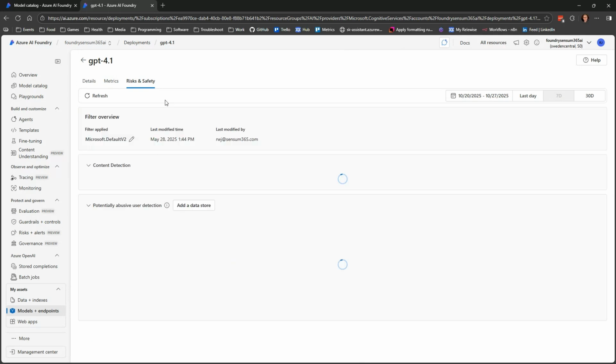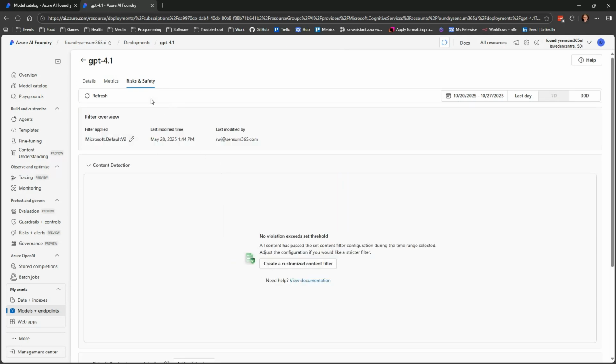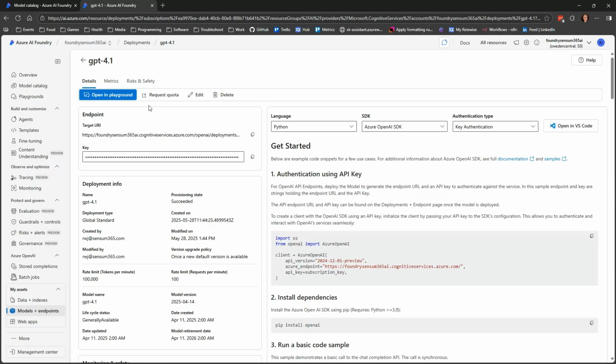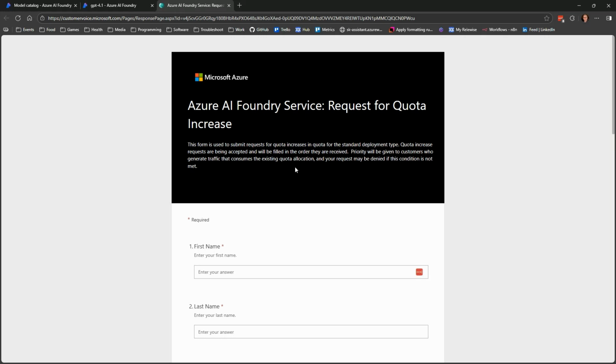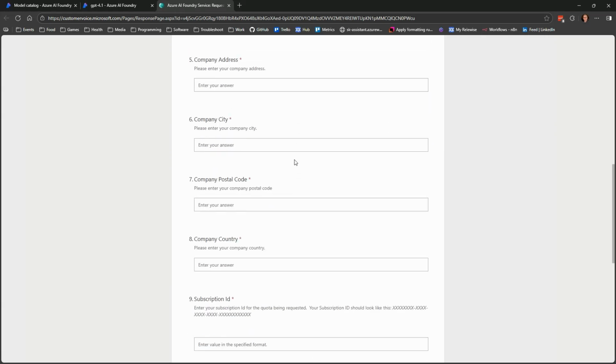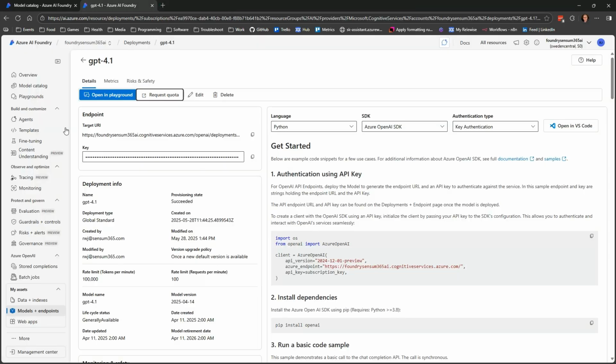And then there's risk and safety, which go in and check for bad words and stuff like that. It's also here you go and request quotas if you need more tokens. Many models, when you just get them as an individual, have very few tokens, like 30,000 a minute. And up here you go in and fill out a form in order to get more tokens, which you need to justify.